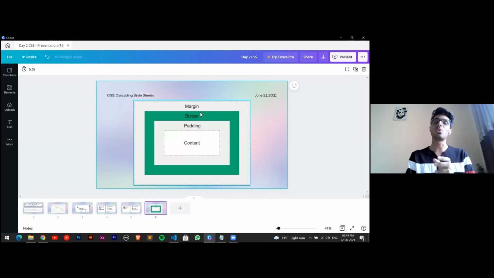But if we need to provide a larger border, then the border will use this particular space, and inside that the padding is available. So whatever be the element, if I want some padding between my content and my border, we will use the padding part. And if I want spacing between my two elements, then we will use a margin. If you want spacing between my content and border, we will be using padding. Okay, I hope it's clear, Chirag.